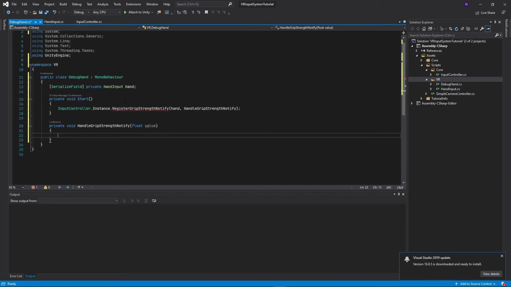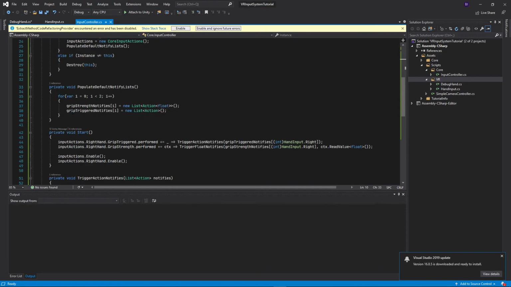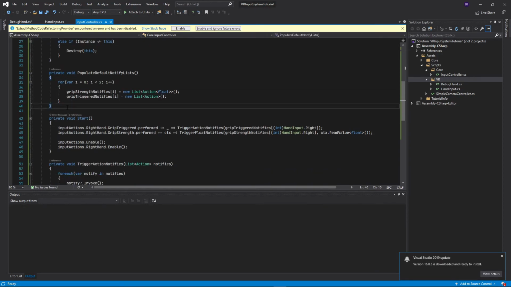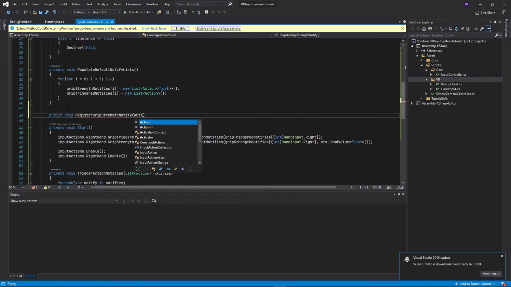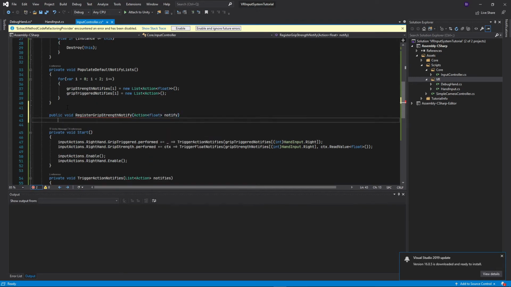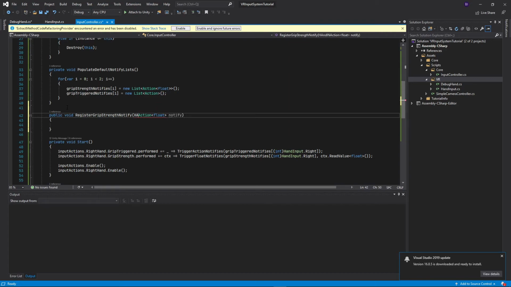Before going back to our input controller class, I'll go ahead and write out our handle method. And now we have to actually add our register method to our input controller. So I'll double click, copy, jump back to our input controller. Above our Start, I'm going to add a public void, paste in that name, RegisterGripStrengthNotify. It will take an Action<float> parameter called notify, as well as a HandInput parameter called hand,